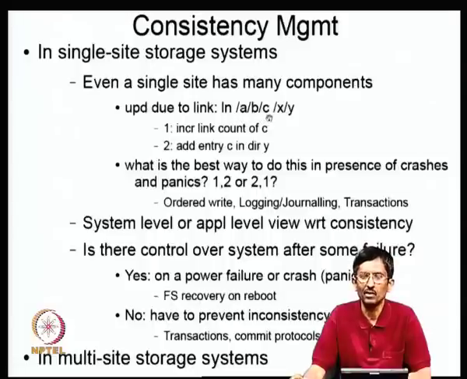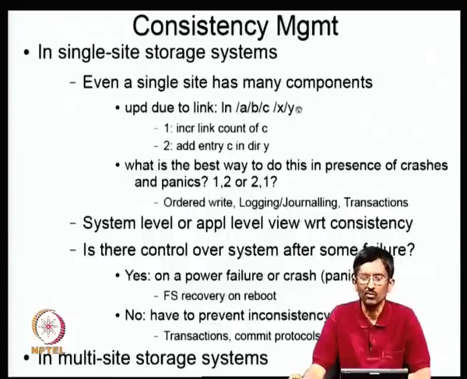So first of all, why do you need the link count? So that in case it is deleted from either directory, you have to keep track of when to actually delete the file. For example, if after having done this link I delete /abc, /xy/c should still be there. Similarly, if I delete /xy/c, then the other copy should still be there. So the link count keeps track of it.